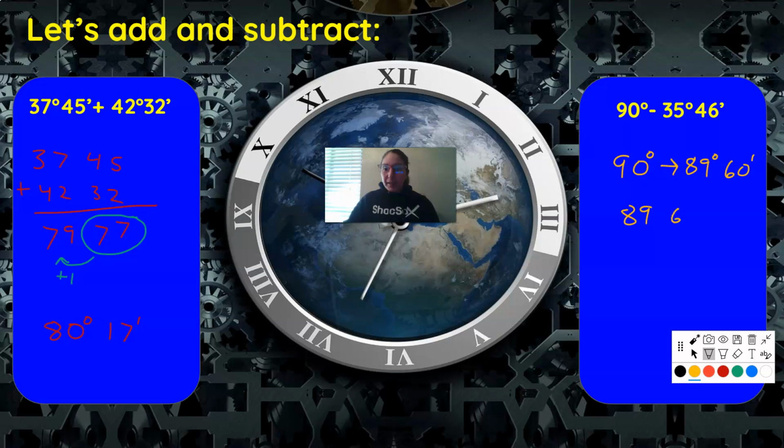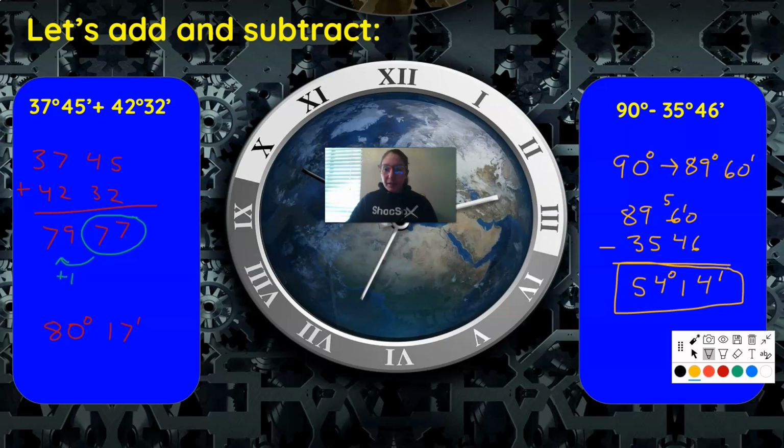So 89, 60 minus 35, 46. And now subtraction is done the exact same with the borrowing and all that. So can't do that. So 5, 1. So 10 minus 6 is 4, 5 minus 4 is 1, 9 minus 5 is 4, and 8 minus 3 is 5. So we have 54 degrees and 14 minutes